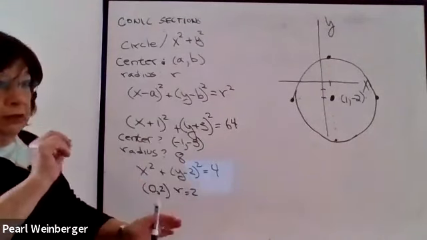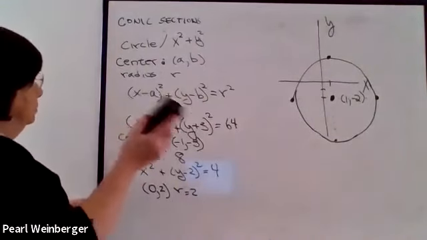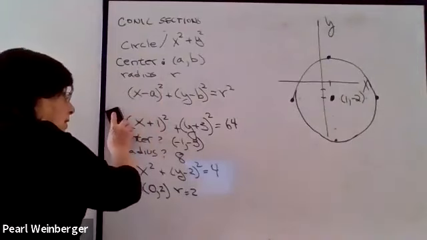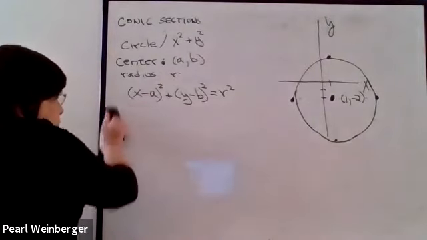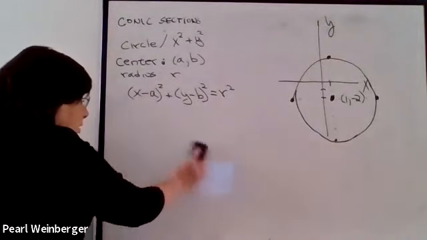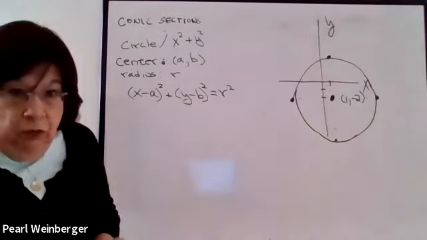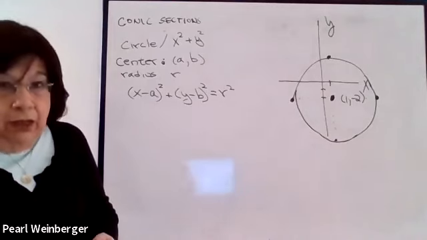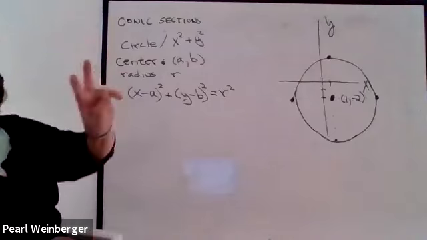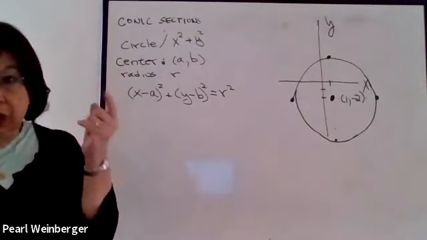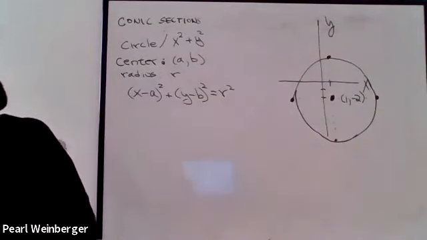I want to do one other type of problem, and then I think we can finish for the day. It's also about the circle, which will leave us for Tuesday the 2 other types of shapes we can get when we have a quadratic equation. We're going to look at those on Tuesday. So far, we've done 2 types of what we call conic sections, the parabola and the circle. Now, sometimes what happens is